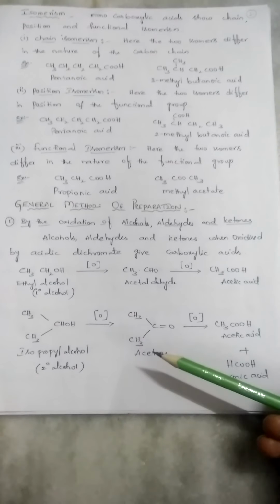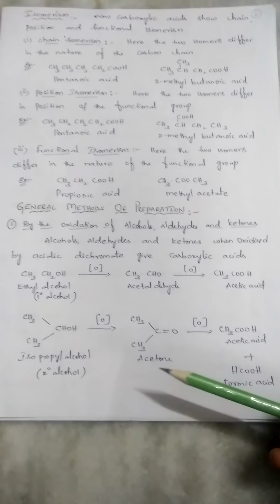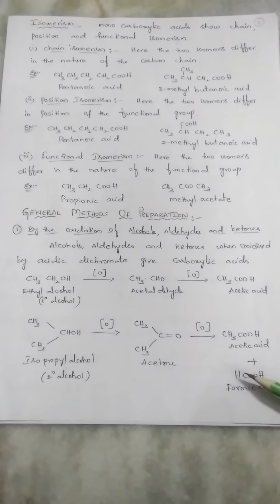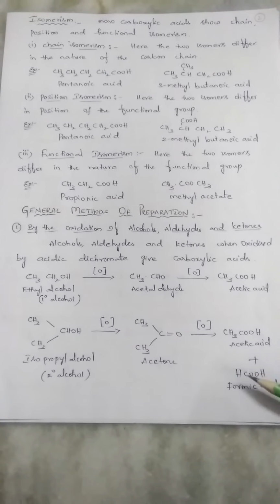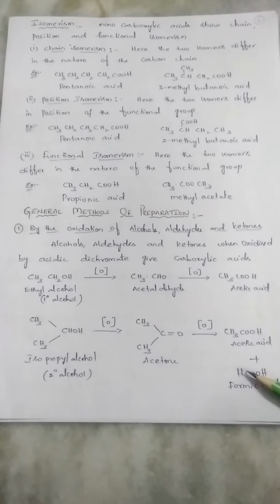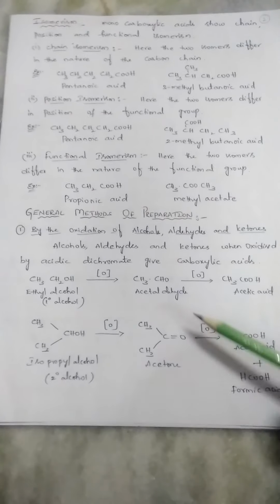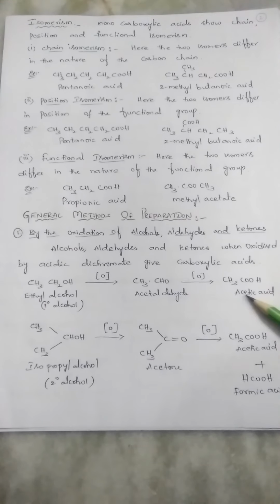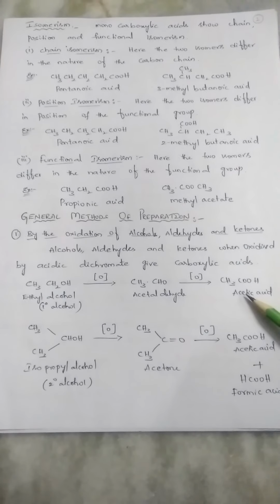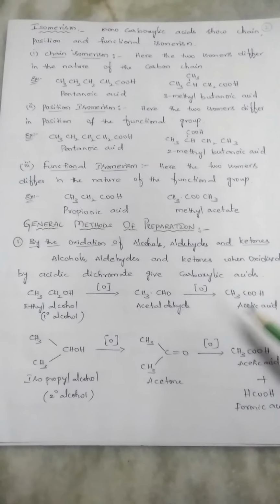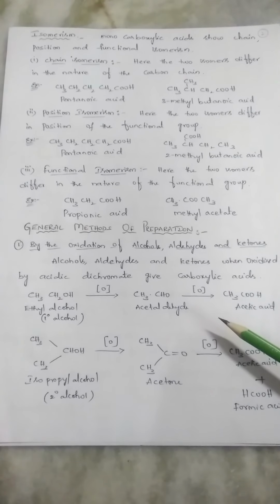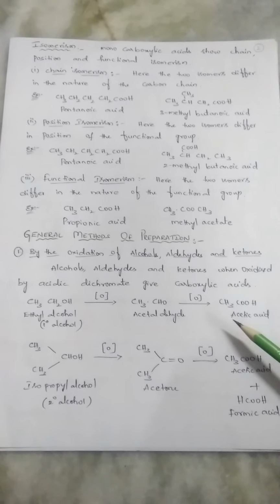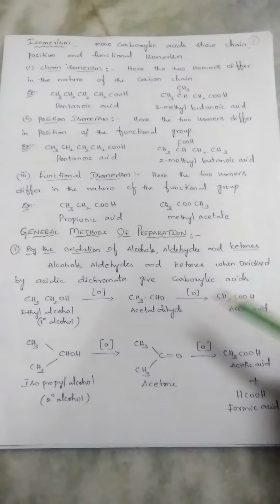Always, this point we need to remember in our minds: ketones upon oxidation form carboxylic acids which must and should contain fewer carbons, at least one less carbon than the parent one. Whereas aldehydes upon oxidation form a carboxylic acid with the same number of carbons. I think this carbonyl compounds topic was completed in your previous semester. Hope you got this point.